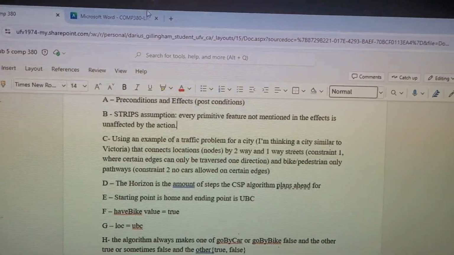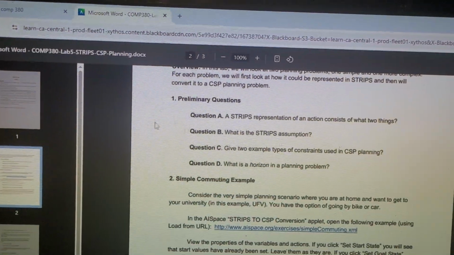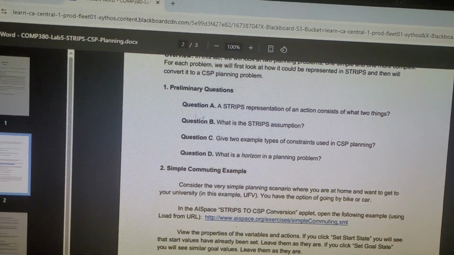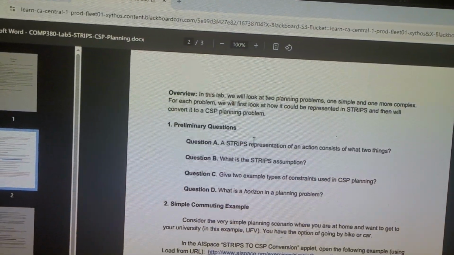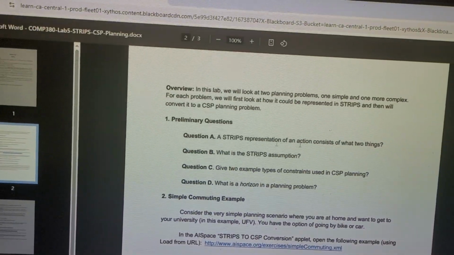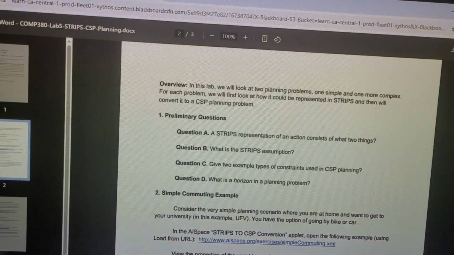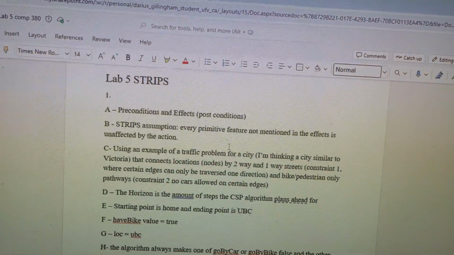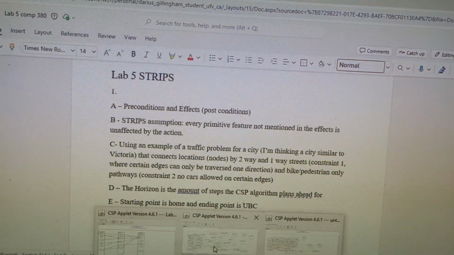Hey, here we go. This is my video for the COMP 380 Lab 5 STRIPS representation lab slash constraint satisfaction problem. You do the 8 questions here first. STRIPS representation of an action consists of what two things? It consists of preconditions and effects, also called postconditions, and you can go into AIspace and see